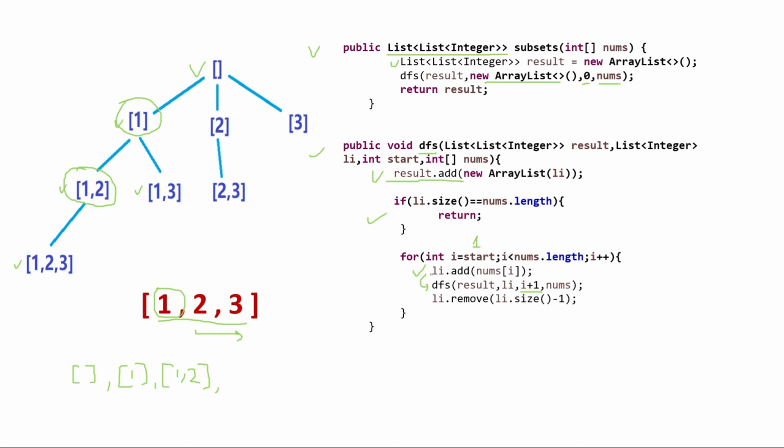Now it will again go into a DFS call, and next time it will start from 2. That's why we will get the result 1 comma 2 comma 3, which we have to collect as a result. After completing it, when it returns back, because the base condition is met here, if you check, I wrote one statement here: li dot remove li dot size minus 1. That means the last element we have to remove from the list. So this 3 I have to remove, and we return back to 1 comma 2.